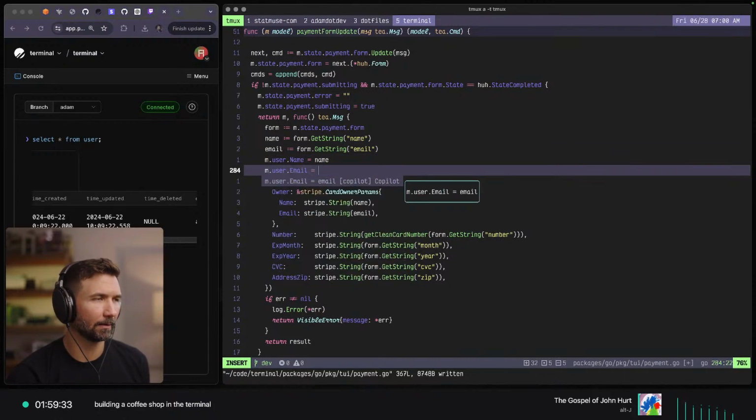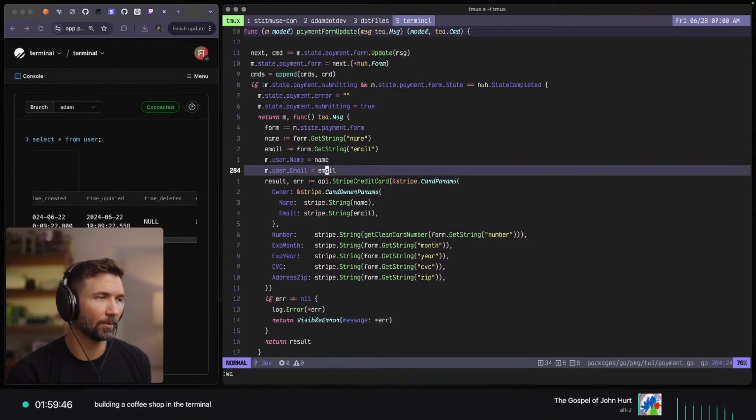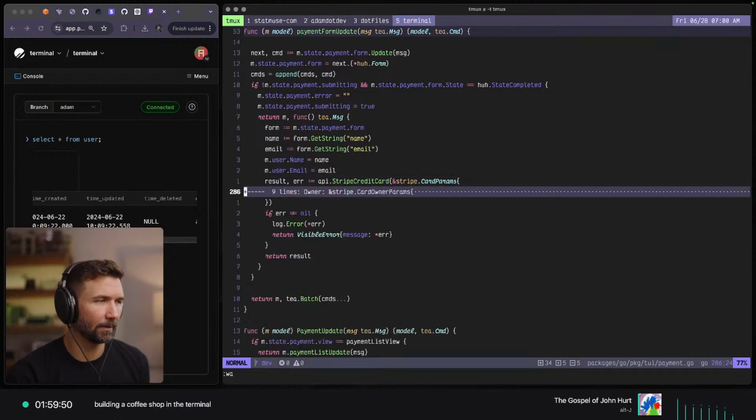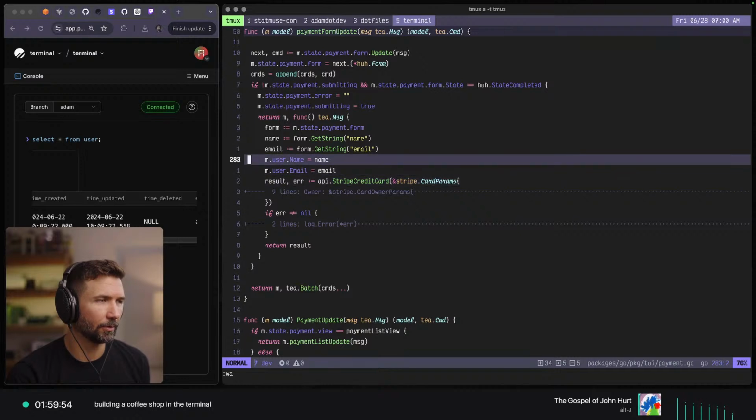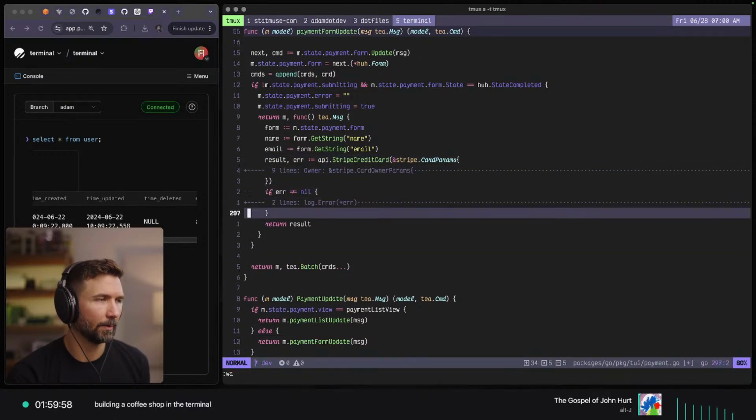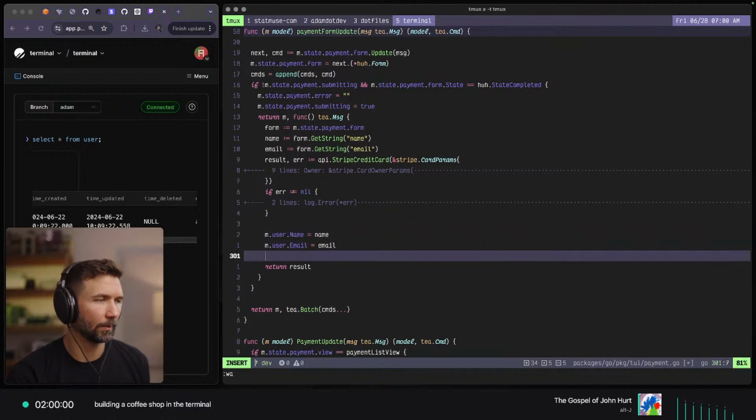I'm just updating my local state so that now the shipping form isn't even, like, everything now in the current session has it, but we haven't saved it to the user, right? So we also need to save it to the user. I guess I should just do that in here. So I'm gonna do it right here, actually. We're gonna update